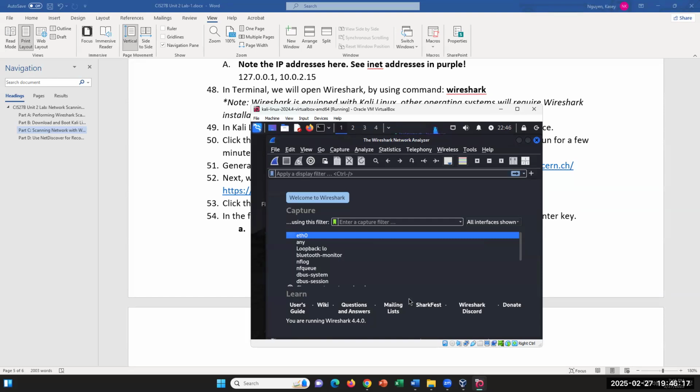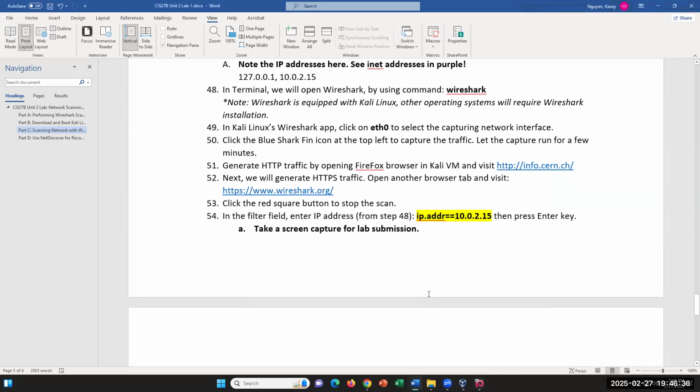So here, it's going to give me, just like what you saw earlier, my adapters. But remember, we're using a virtual machine, so it's referring to the virtual machine adapters. So everything is going to be eth0. We're going to click on eth0, which is the first Ethernet adapter that it sees, and then we're going to